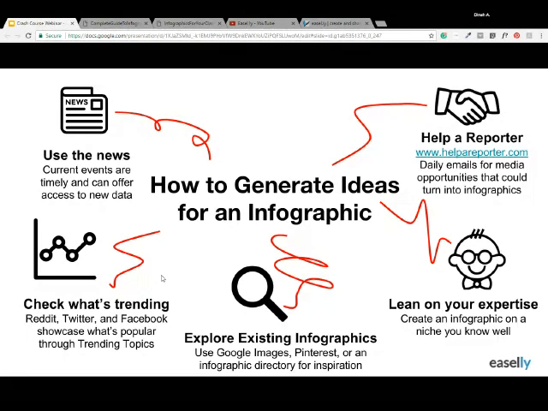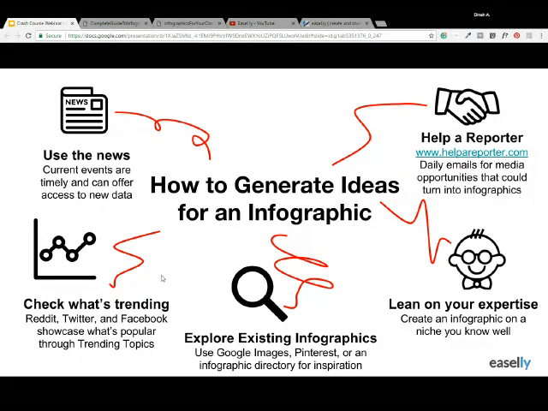And then lastly, you can always lean on your expertise. Whether you are a consultant or an industry expert, go ahead and create an infographic on a niche that you really know well. You really can establish yourself as an authoritative person that has that information for people who are looking to consume it. I also want to challenge the educators on this call: ask your students,